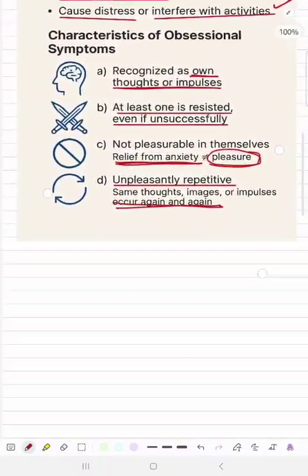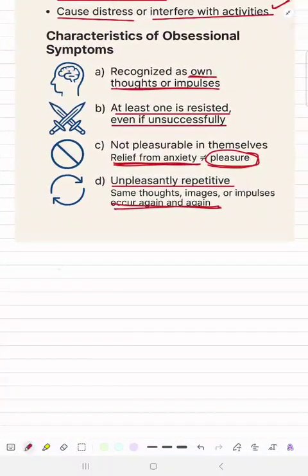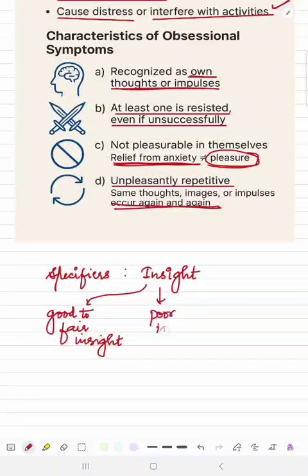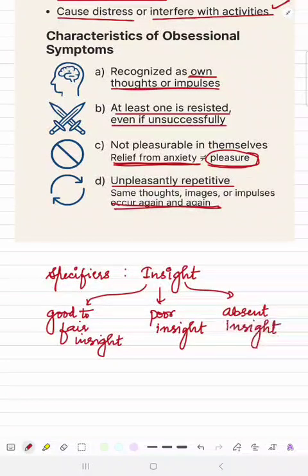Now in both ICD-11 and DSM, there are some specifiers based on insight: good to fair insight, poor insight, or absent insight. So once the patient has met the criteria according to DSM or ICD-11, then we can put some specifiers along with the diagnosis, like OCD with good to fair